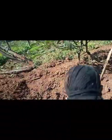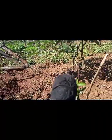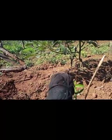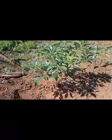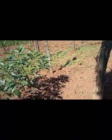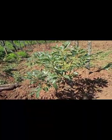While this one is expensive, it will last, and we know that in passion fruit we only support for 3 months, because it will take 3 months for the passion fruit plant to reach the wire. And this is how we do